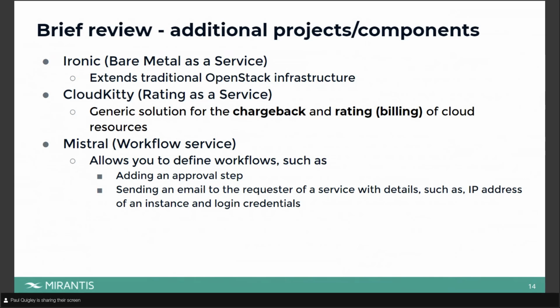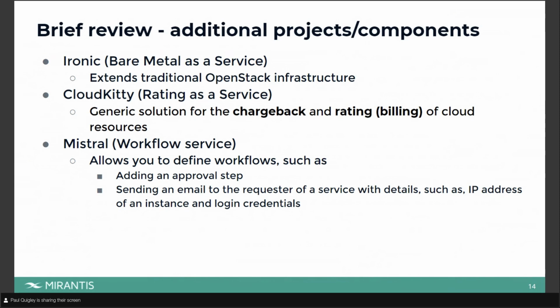Real simple, easy to use solution. Think about the user I mentioned earlier that said, well, I don't know how much disk space I need. I'm not going to pick the top most, the largest instance. I'm going to pick maybe one or two levels below that. So I may wind up deploying an instance with 100 gigabytes of storage. I may only need 20. I'm wasting storage. Guess what? Implement CloudKitty,